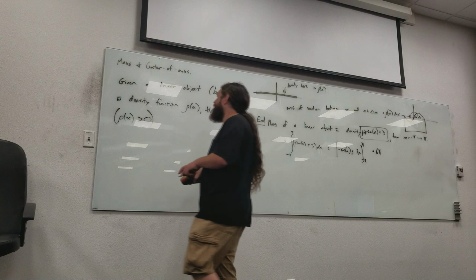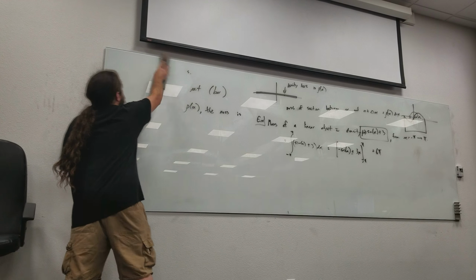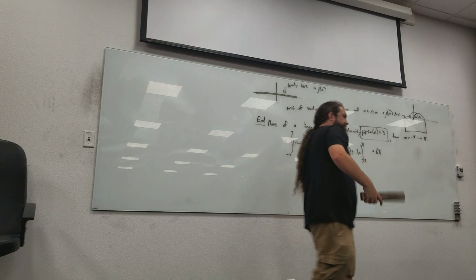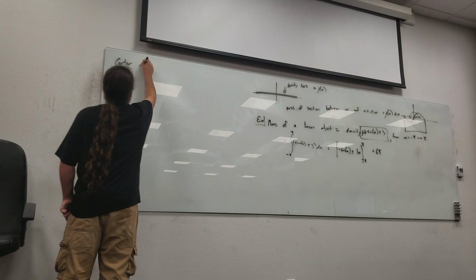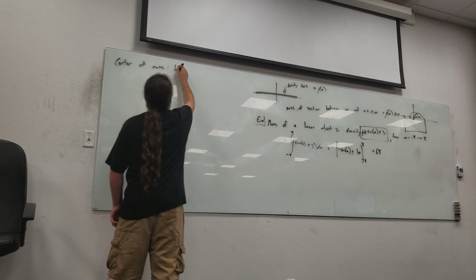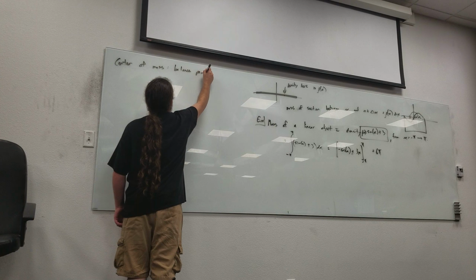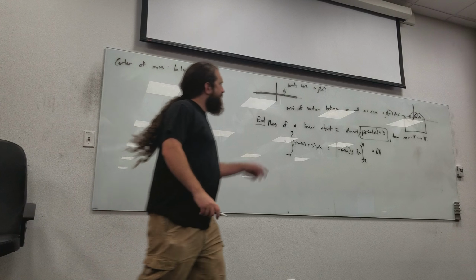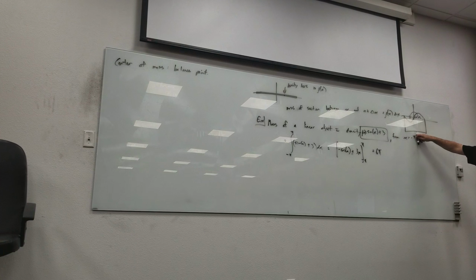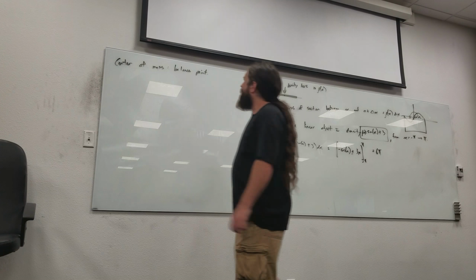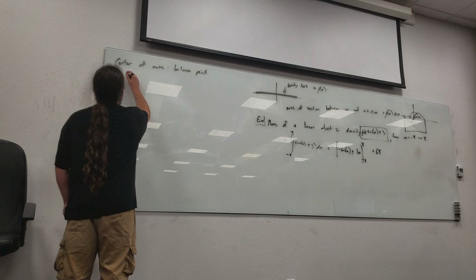So what's far more interesting is looking at the center of mass, which is like a balance point. If I'm holding up this object here, it's definitely off center, right? If I try to hold it up from a pinpoint right here, it's probably going to tip over this direction, right? So the question is, where do I need to put a pinpoint so that it would balance here? Okay, so I would say the torque